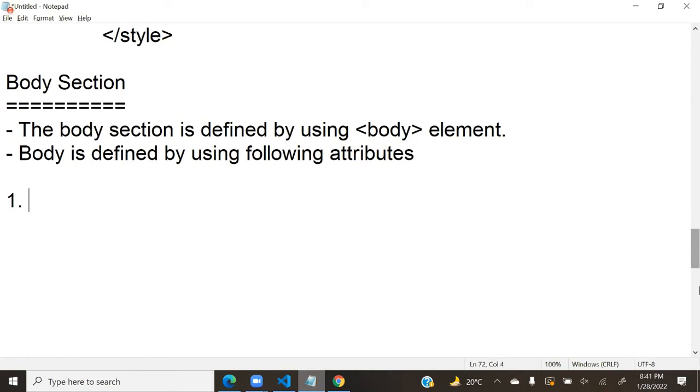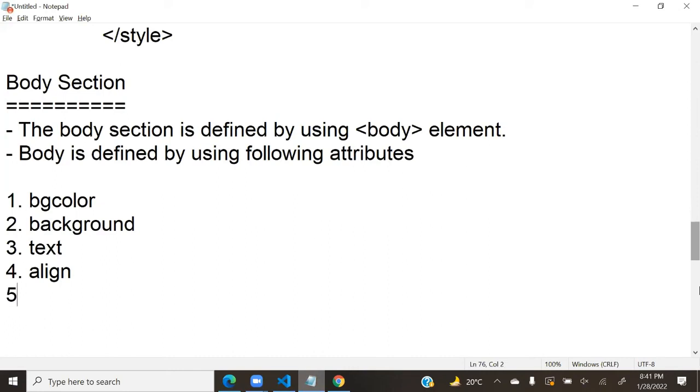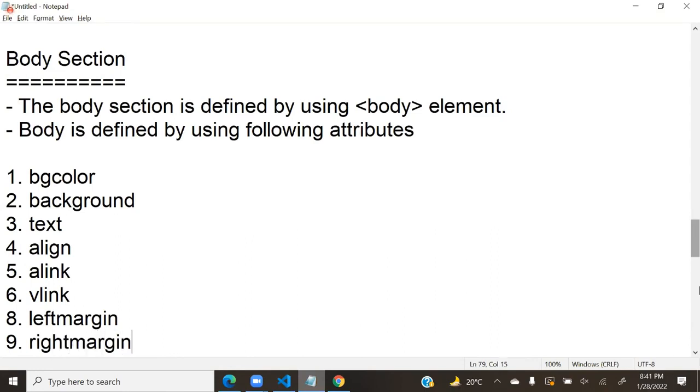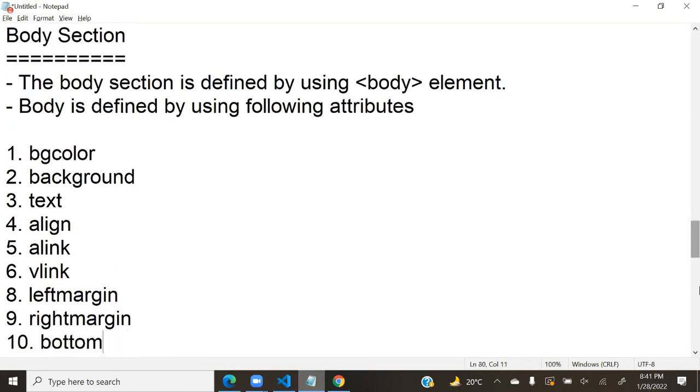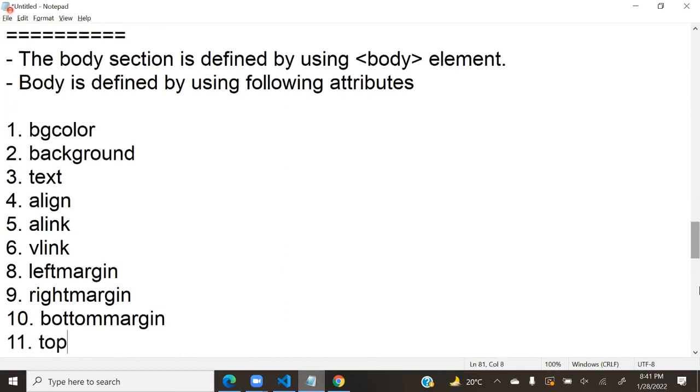We have bgcolor, we have background, we have text, we have align, we have link, we have vlink, we have margin: left margin, right margin, bottom margin, and top margin. These are all the options. These are the attributes for the body section.